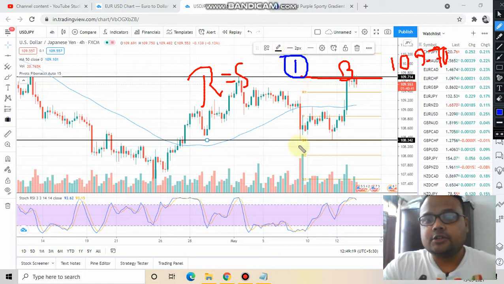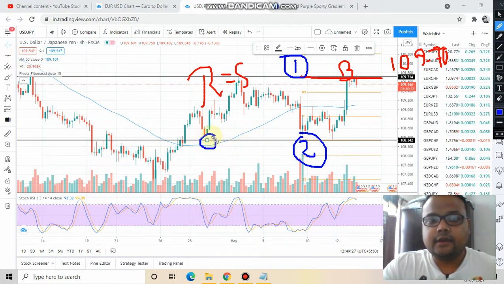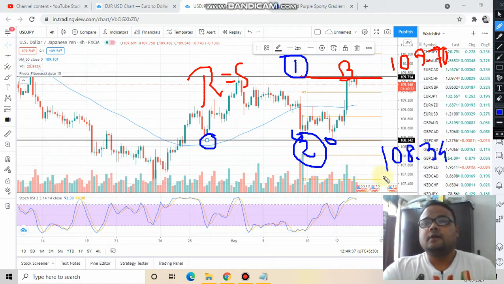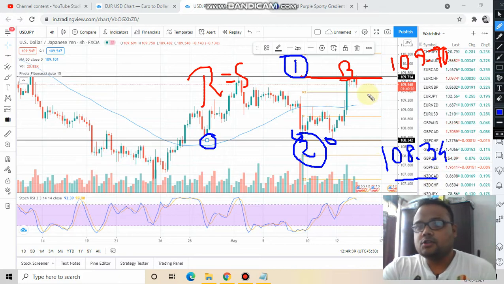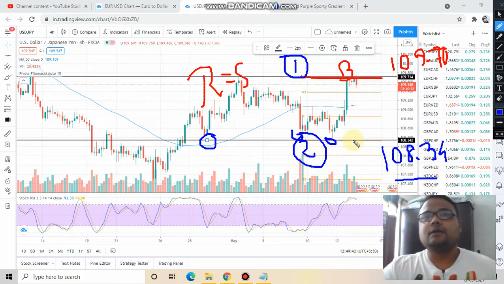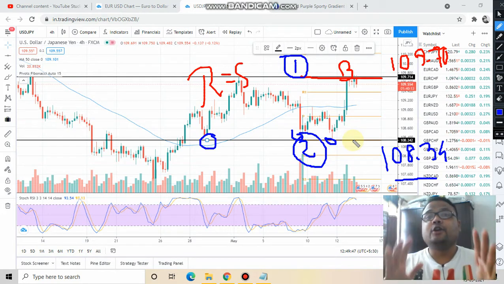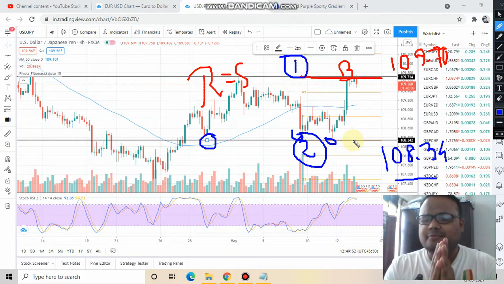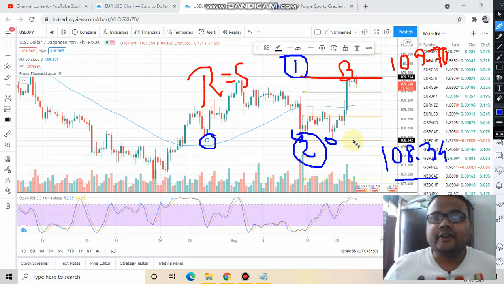The second trading opportunity will be this level. We can see that market has a good amount of support here, at 108.34. So in case market comes down and hits this particular support level, again your duty will be to observe the price. Yes, duty of a trader is to understand the market psychology and observe the price. It is the most important thing that traders usually miss.